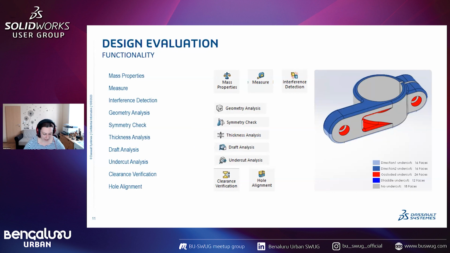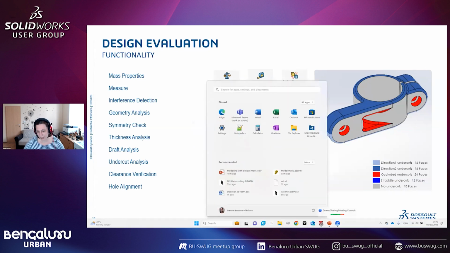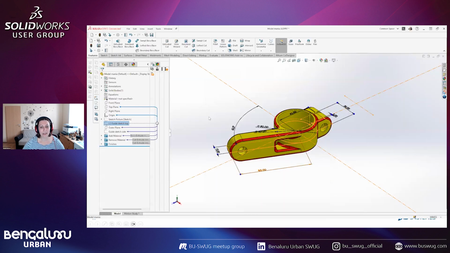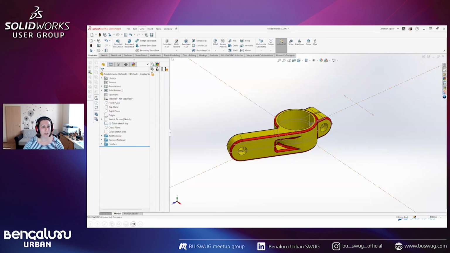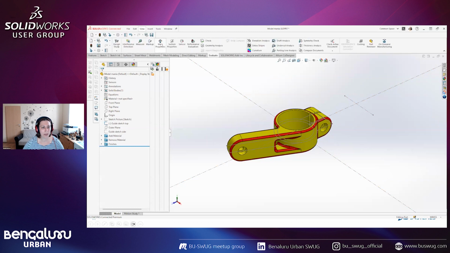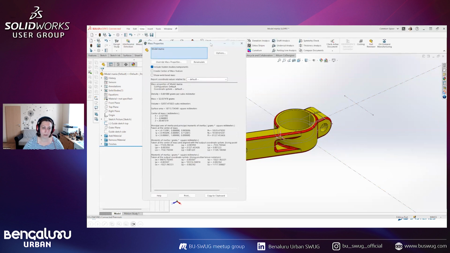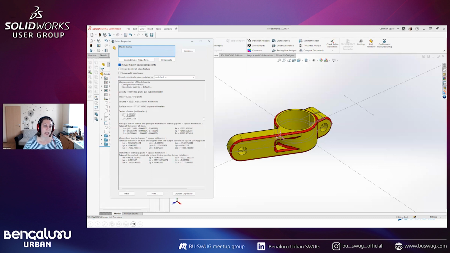With mass properties, you can see a lot of information for your model, and mass properties is something that everybody must know how to call and to use. You can see the center of mass, you can see the mass, the density, the surface area, and many other things, but more or less this first area is what is important